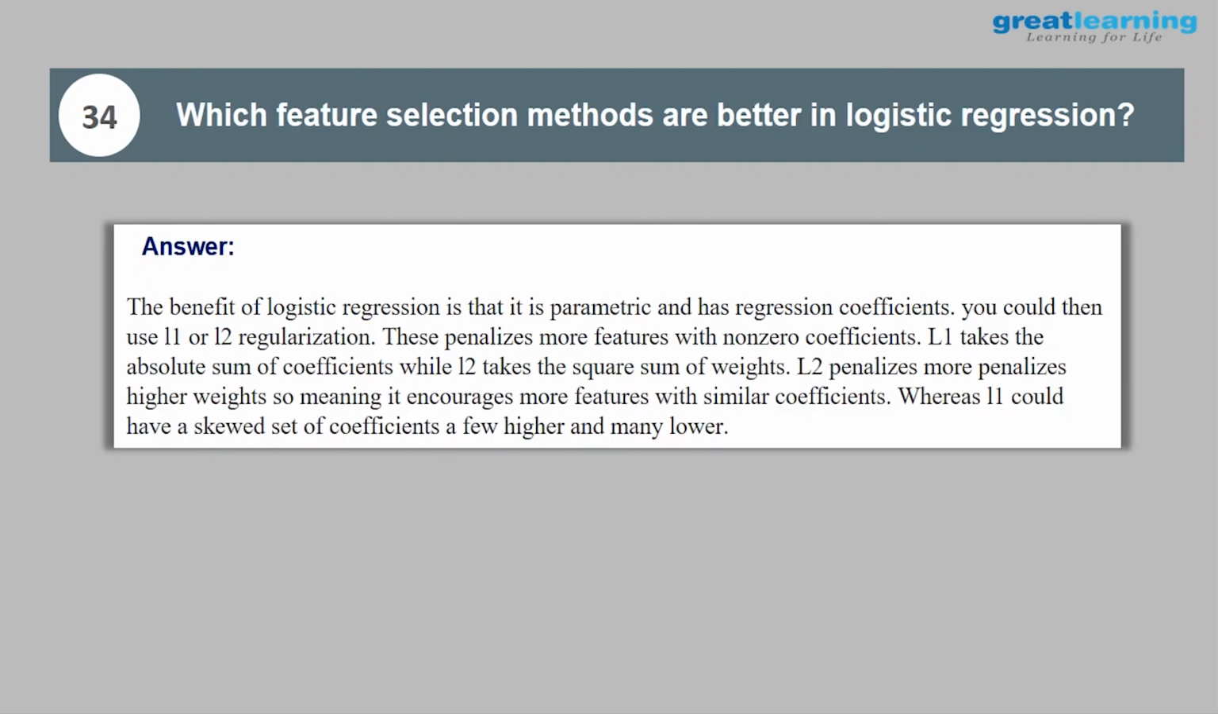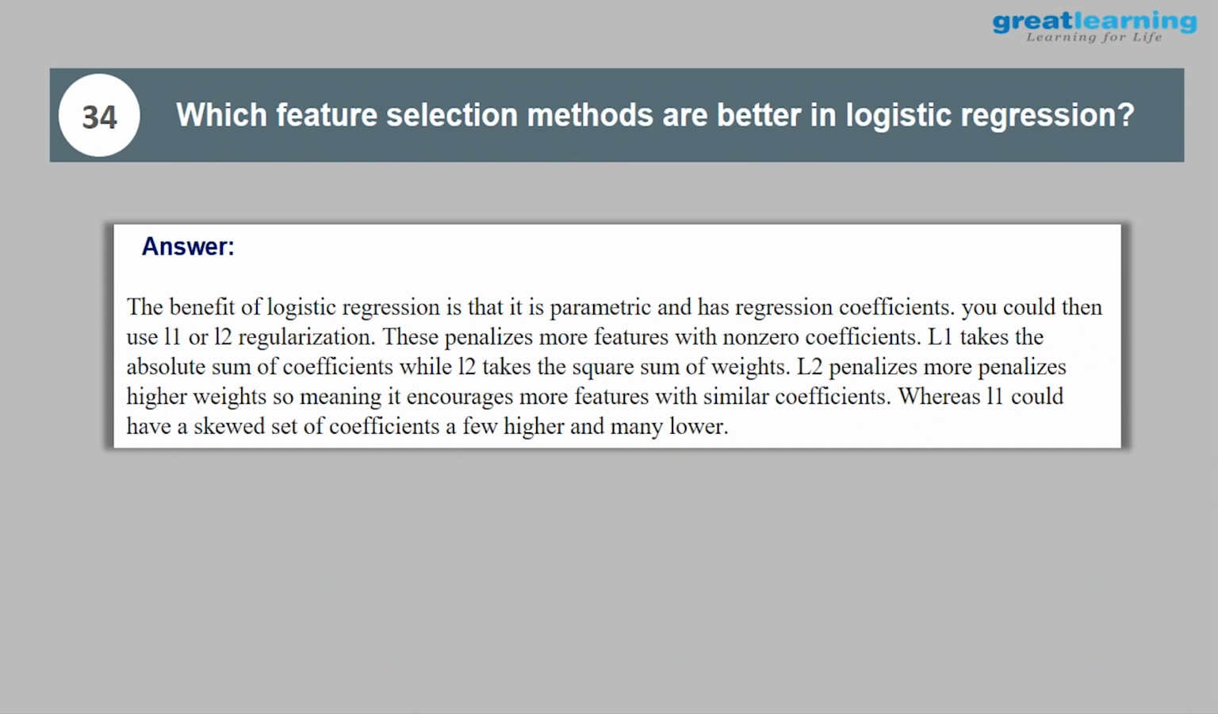Now let's have a look at which feature selection methods are better in logistic regression. The benefit of logistic regression is that it is parametric and has regression coefficients. You could then use L1 or L2 regularization. This penalizes more features with non-zero coefficients. L1 takes the absolute sum of coefficients while L2 takes the square